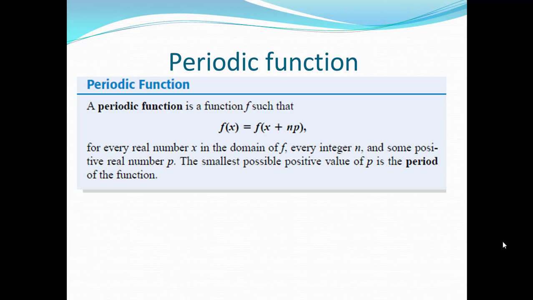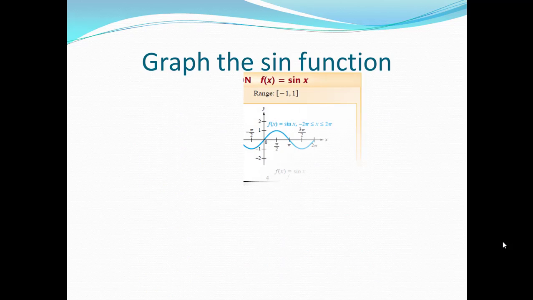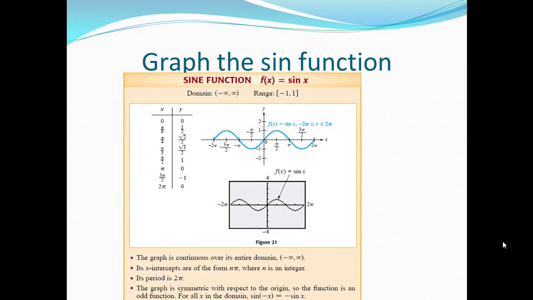About the periodic function, it is defined here for real numbers x as the domain. Its behavior is repeated after a constant number. If we try to graph our function today, the sine function, I will take x as 0, pi over 6, pi over 4, pi over 3, pi over 2, 3 pi over 2, and 2 pi, and try to get the answers for them.